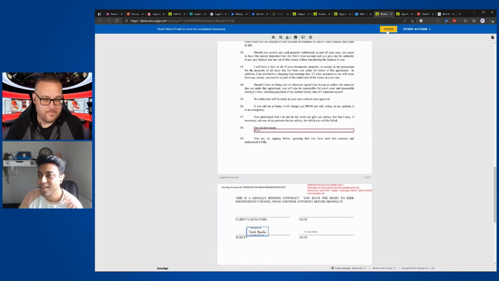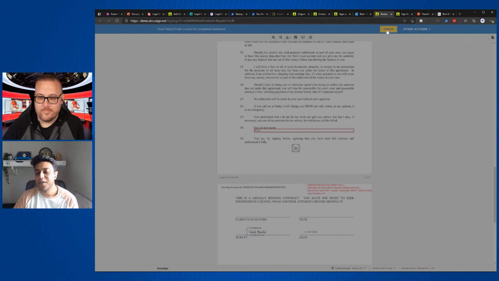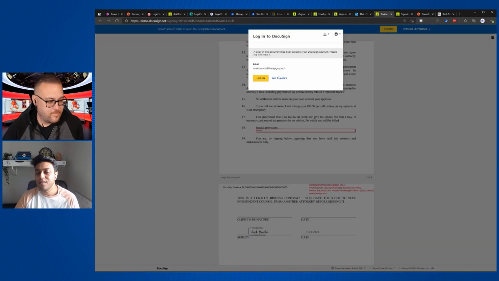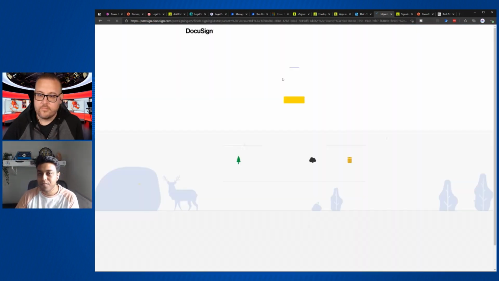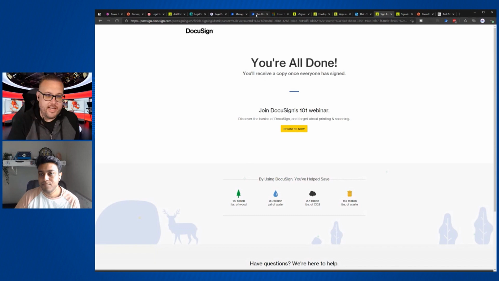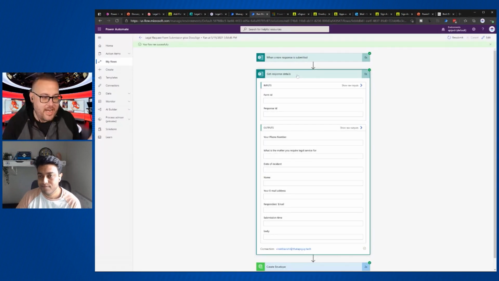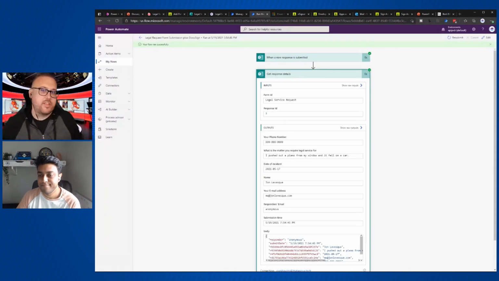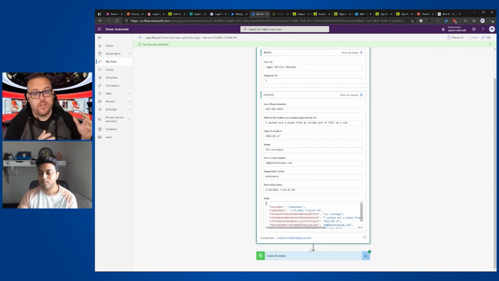Sign. Finish. I don't know if you want to do it again, but basically, it's going to run that same process. It just hit my email. You'd see me do the same thing again. I'd go through my side of things, log in and save a copy. DocuSign is orchestrating all of this behind the scenes for us, but Flow is helping to pass those predetermined values from the